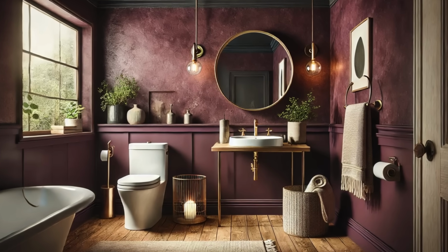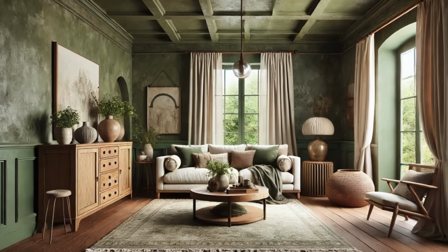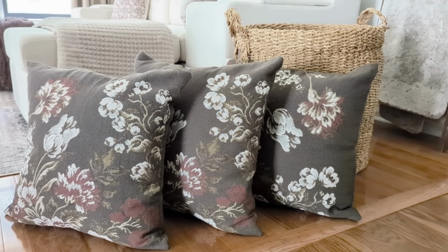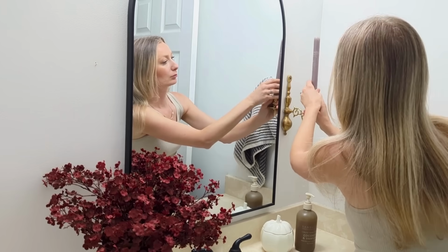I see lovely photos of whole rooms being color washed in deep colors, but that just isn't for everyone. I'm inspired to look for maybe some earthy accents via textiles like pillows and throw blankets. A few rich colored pillows, throws, hand towels, or accent pieces are all you really need to bring this trend into your home. Something as simple as a bouquet of rich hued florals can bring a lot of pop into